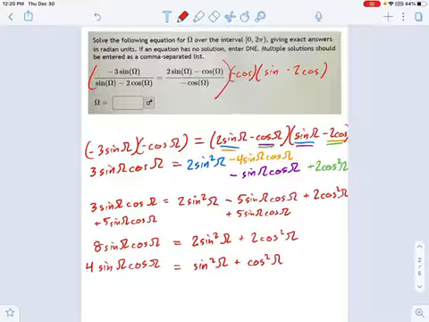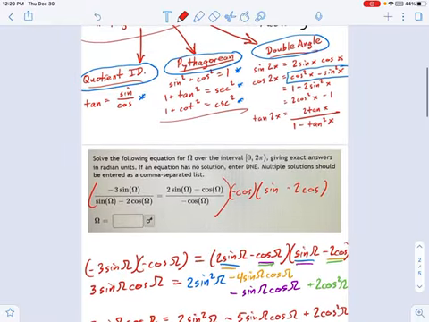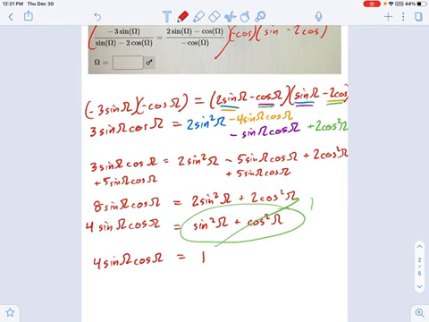You have a bunch of choices. We're actually going to use several. So pause the video, see if you can figure this out on your own. But I'm going to point out the Pythagorean identity as the first one that jumps out at me. And we've got a Santa Claus right here. Sine squared plus cosine squared, that's just equal to 1. So I can rewrite this whole thing as 4 sine omega cosine omega equals 1. Well, that's great progress. And now what?